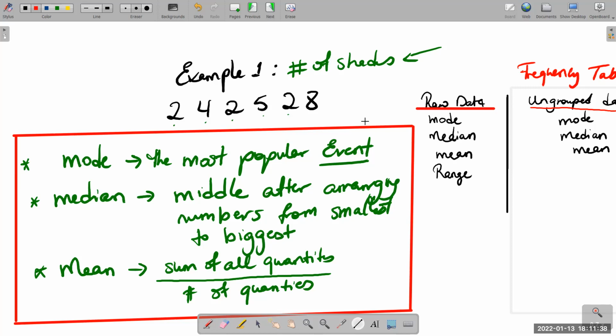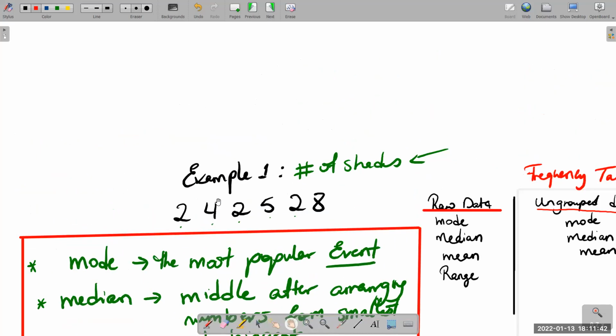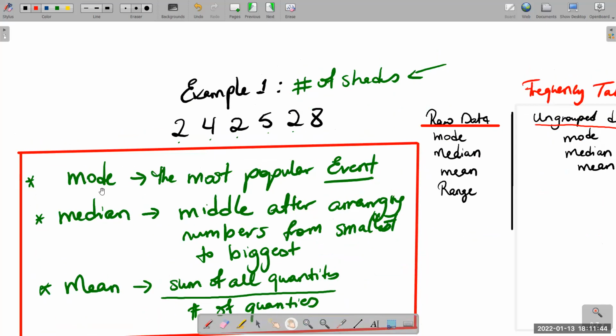All right, so now what we're going to do, we're going to take a look at this example and go through it quickly. So we're going to use these numbers. Just a quick reminder, mode just means the most popular. So that is the event that happens the most, the one that has the highest frequency. That's all we should keep in mind whenever they ask us for the mode. Median, the middle number. So we have to arrange the numbers from smallest to biggest and then find the number in the middle. And then the mean is the sum of all quantities divided by the number of